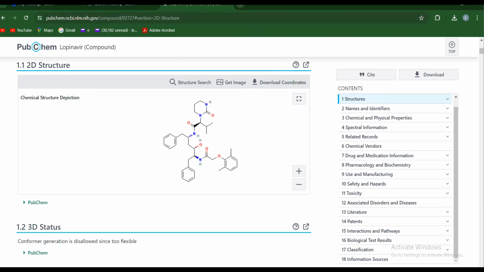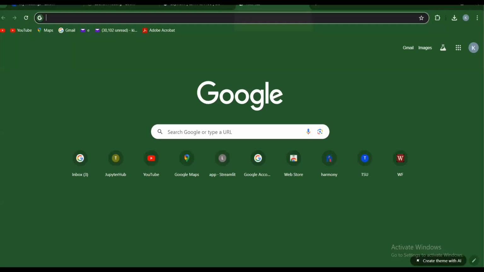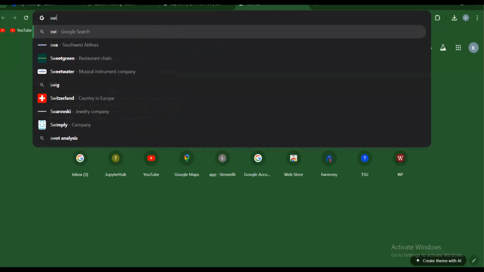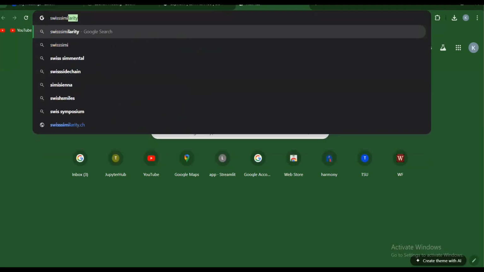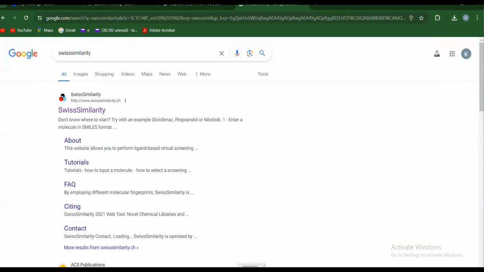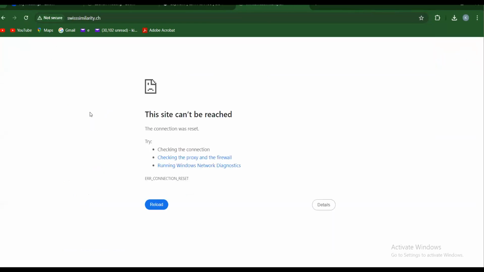One of the sites you can use for that is what is called Swiss Similarity. Can you see me? Yeah, that's it, Swiss Similarity. So what that means is you can give this server